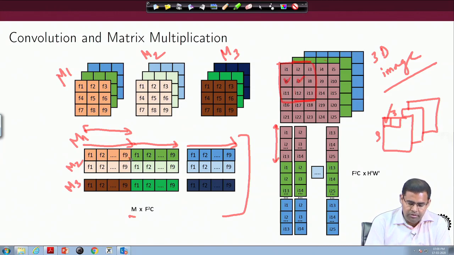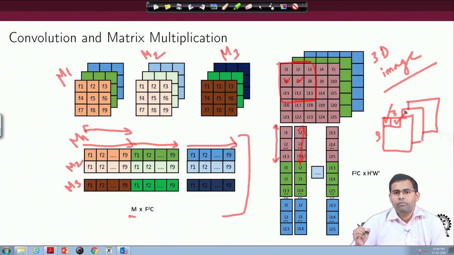Again, this row segment, when it gets multiplied with the next column segment, is going to give me the next value, right. So, what is this column segment? Now, I am going to shift the mask here, right. So, now I am going to take values I2, I3, I4, I7, I8, I9. So, I2 up to I14, right. So, essentially this much, as you can see from I2 to I14,